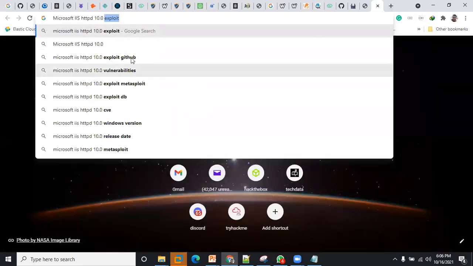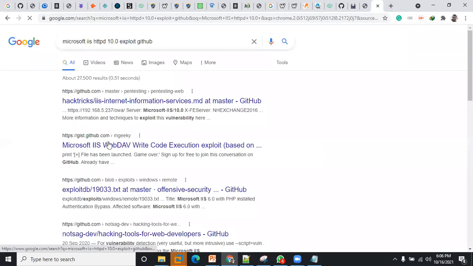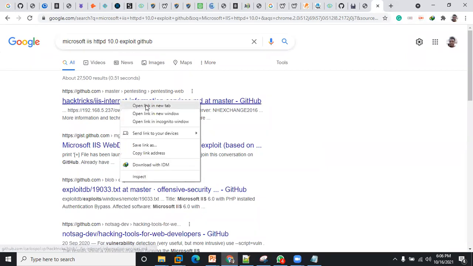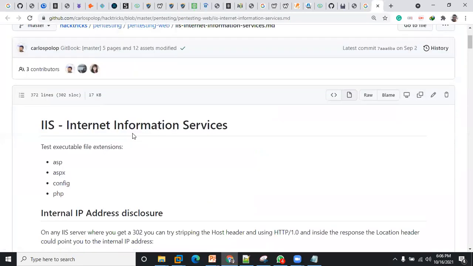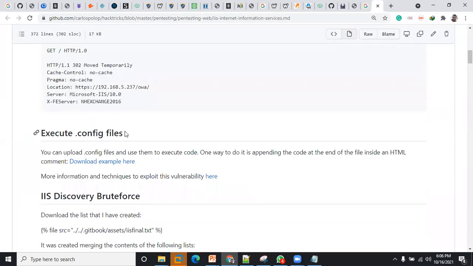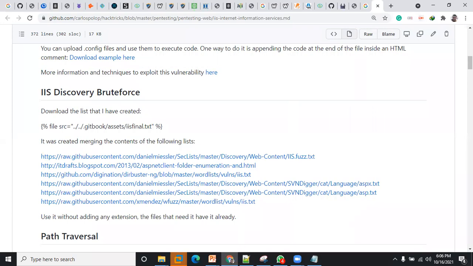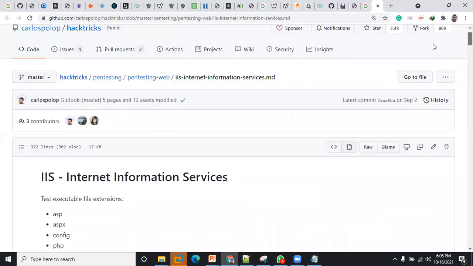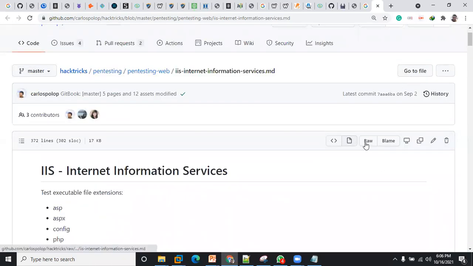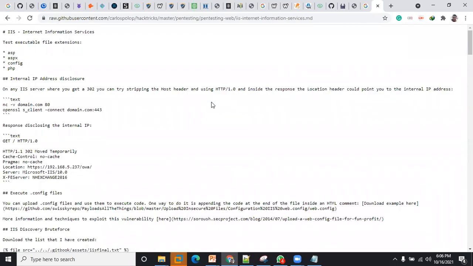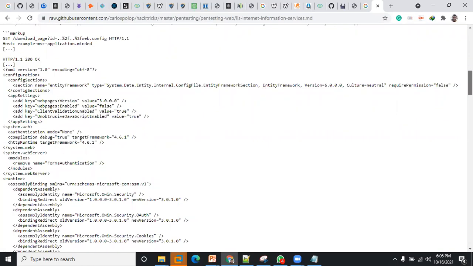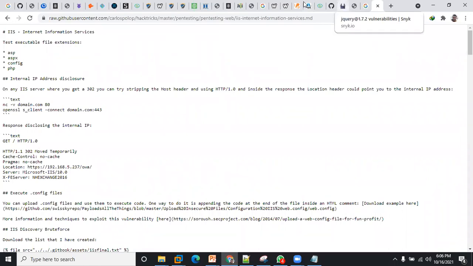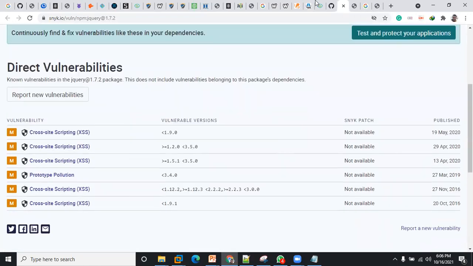Is there any exploit on it? Yes, guys, there's an exploit on it. You can see there's an exploit for this, right? All you need to do is download the exploit and find a way to see how we can exploit that vulnerability, because that's what we've discovered so far.